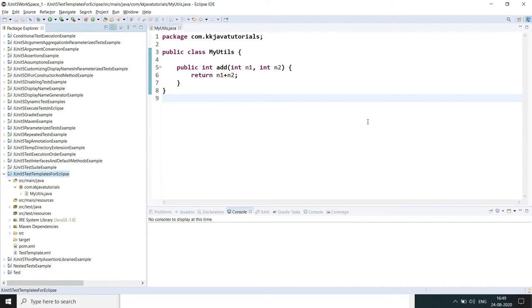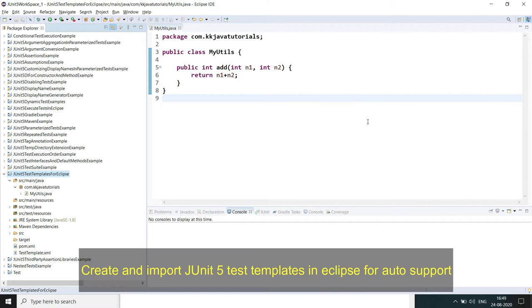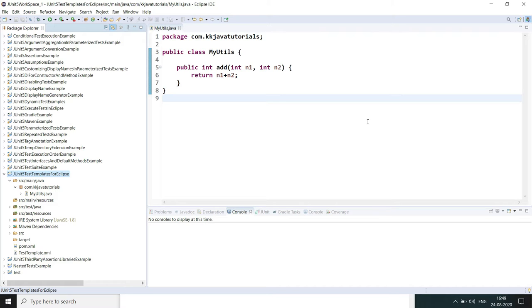In this video, I'm going to show you one of the tricks within Eclipse which will help you write a genuine test case a little faster. As you know, when we write any kind of test class, we need to override some life cycle methods like before each and after each, and you need to write a test case as well. So here I'm going to show you a trick within Eclipse which will help you generate the test life cycle methods as well as the test method very quickly, a kind of auto-support way.